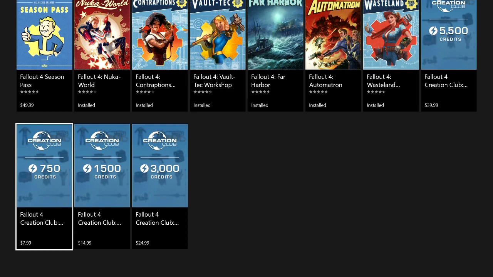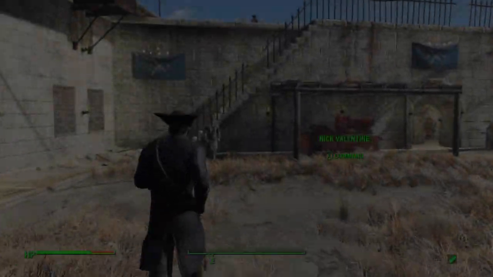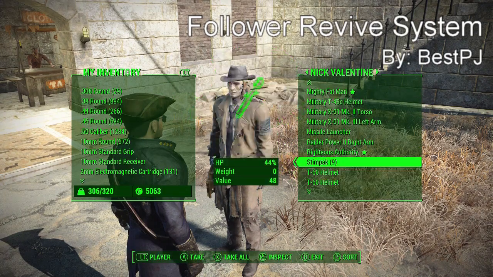So without delaying the video anymore, let's jump straight into the top 5 mods list. So coming in at our number 5 spot, we have the follower revive system. Now I think this mod is pretty awesome. Now basically how it works is if you have a follower such as Nick Valentine or anyone other than Dogmeat,